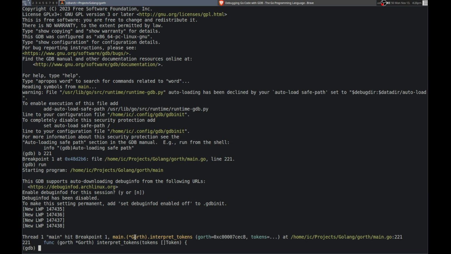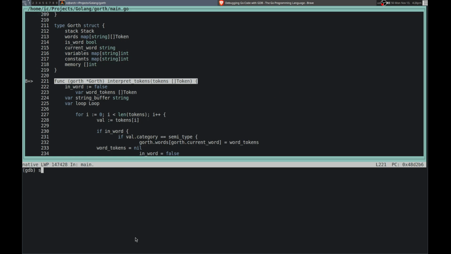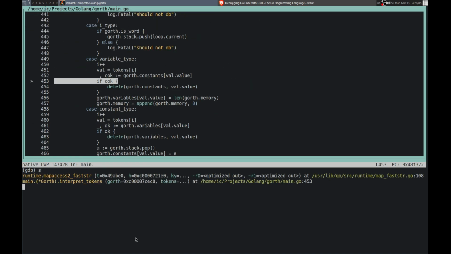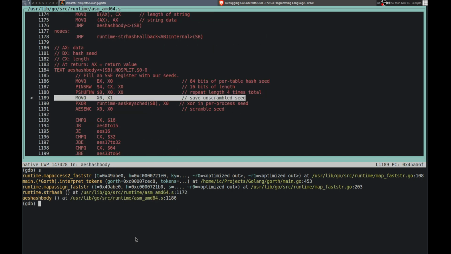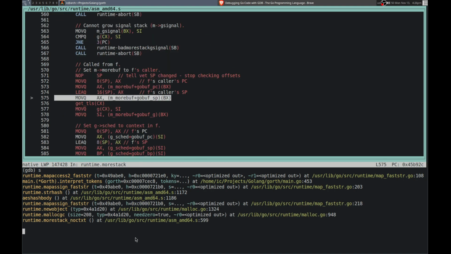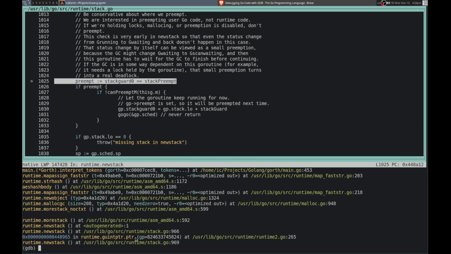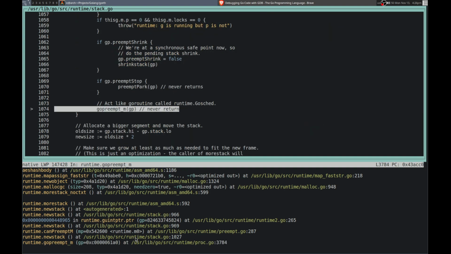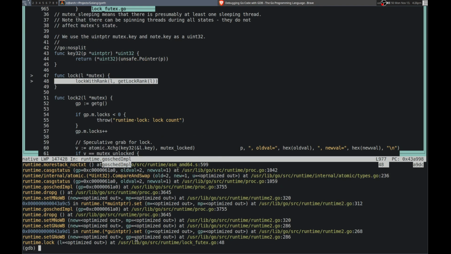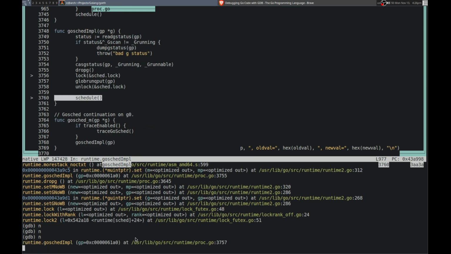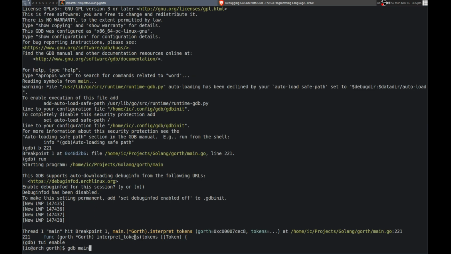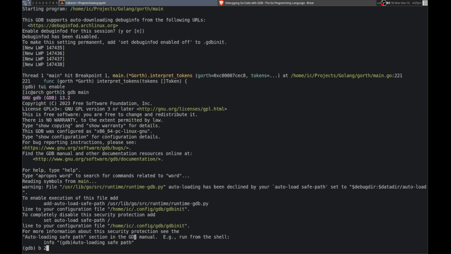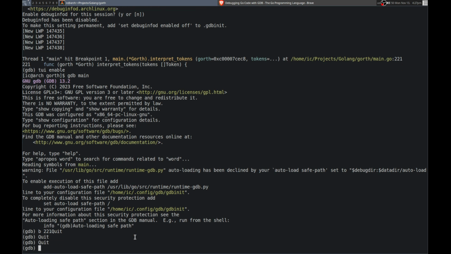Okay, so let me try that. Let me do layout enable, and then step. Okay, so I'll do that, and then I'll step through this all. Okay, now I am back in it, though. It still does that. Yeah, it still is in there, and then it ended the program. Okay. Perhaps, actually,